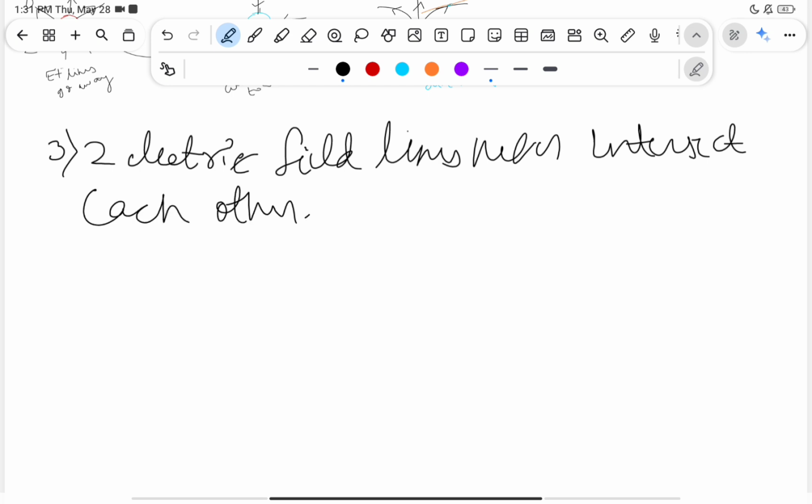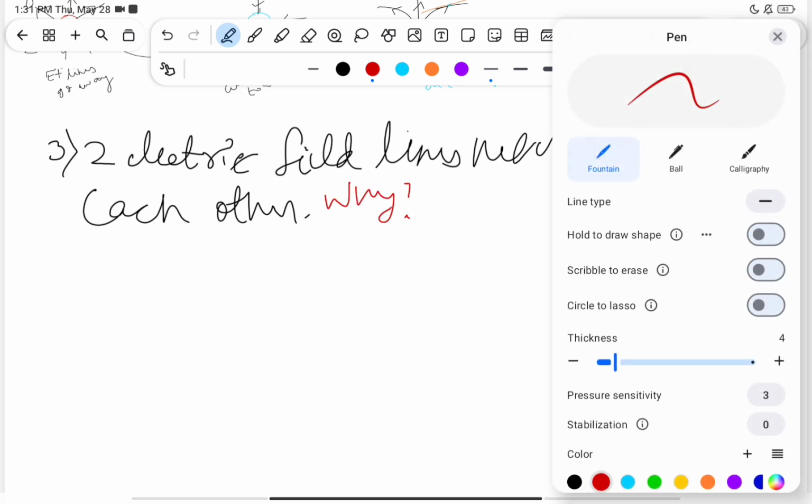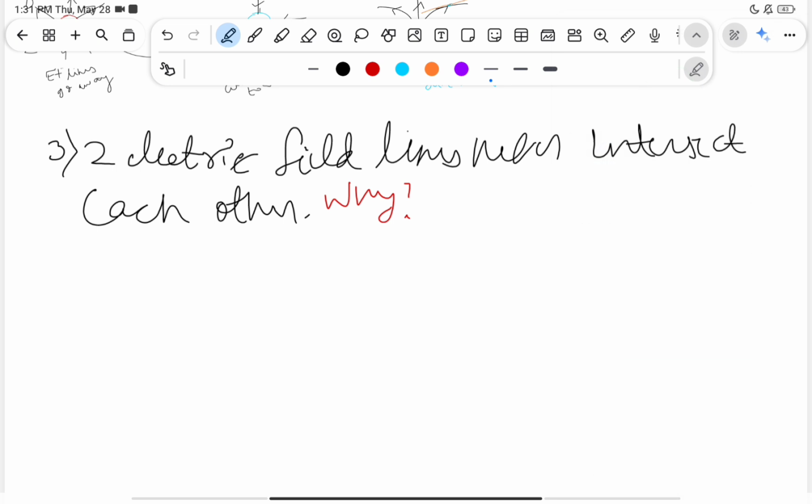Why? There arises a question, why? Two electric field lines never intersect each other because if they intersect, then there would be two tangents at that point. This would mean the test charge will move in two different directions at the point of intersection, which is not possible at all. See, if these are the two electric field lines I am having,